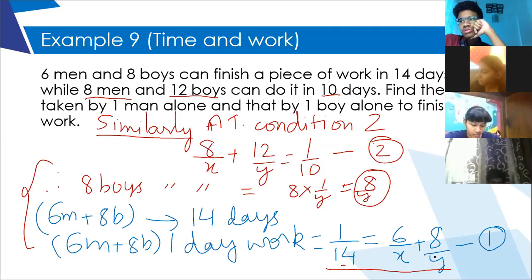Yes, ma'am. You don't have to equate. Who said you have to equate? You have to solve it like when the variable is in the denominator. So you have to introduce 2 more variables. Remember, we have done it. 8 by x is nothing but 8 into 1 upon x. So 1 upon x you will take as u. 12 upon y is nothing but 12 into 1 upon y.